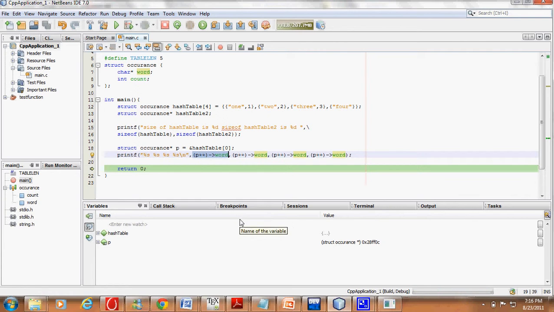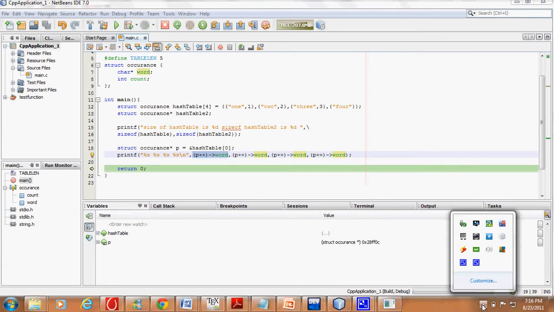So one very important thing to remember is that the order of evaluation of arguments in a function cannot be determined, and of course the size of structure here, one thing was that even though we didn't give the count, it is initialized to 0. So these are the few things that we need to remember from this question.